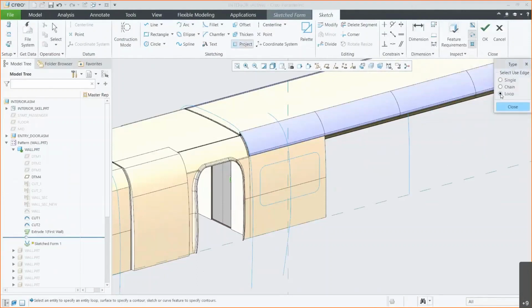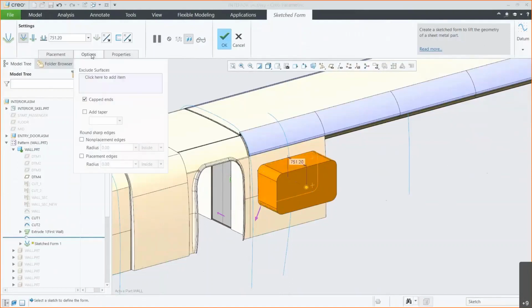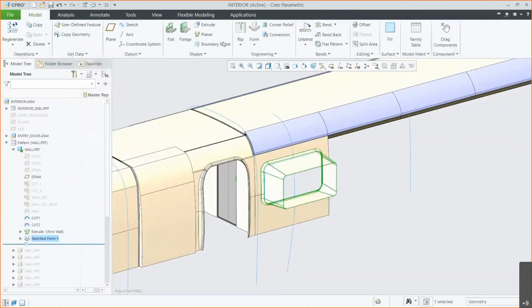You can use it to project onto surfaces that you might already have, right? So maybe this interior wall was from this different skeleton model, or you created it, but you can make sure that the window is going to fit accordingly, and that the window is going to be flexible by using that skeleton model geometry to create it. So this again is one of our sheet metal design productivity tools where we're making that cut there,